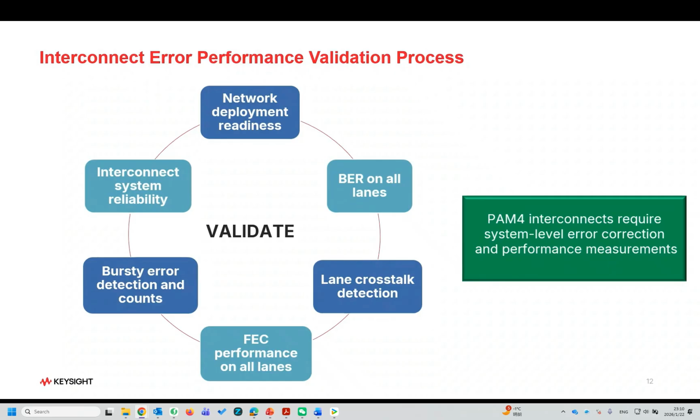Then we also want to do our bursty error detection and counts, because this is the culprit. The bursty errors can occur on a link at any given moment. It's unpredictable and it's not time related. It could be temperature and time. It could be a certain stressful traffic pattern. It could be a certain stressful condition on the interconnect that might produce bursty errors. It might be